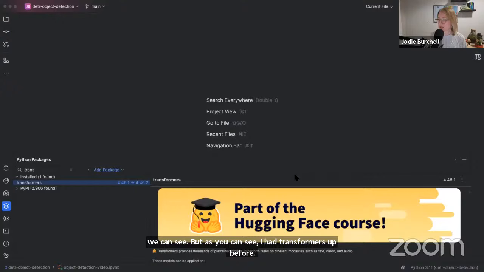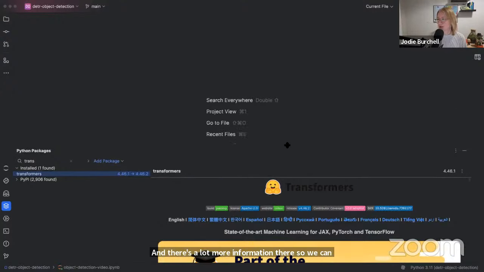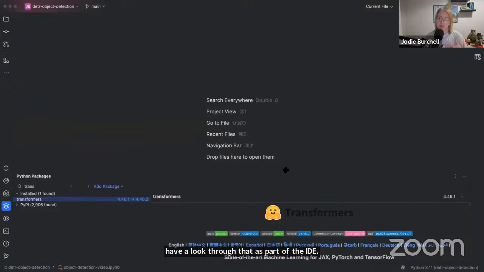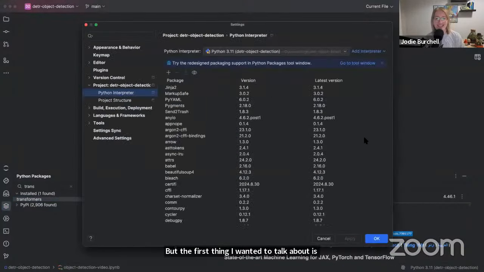So we can have a look through that as part of the IDE. You can see the IDE is already getting you settled into the environment and trying to prevent you having to navigate out to the browser to find information. I'm going to be showing you more examples of that as we go through. But the first thing I wanted to talk about is everyone's favorite topic when it comes to Python, which is